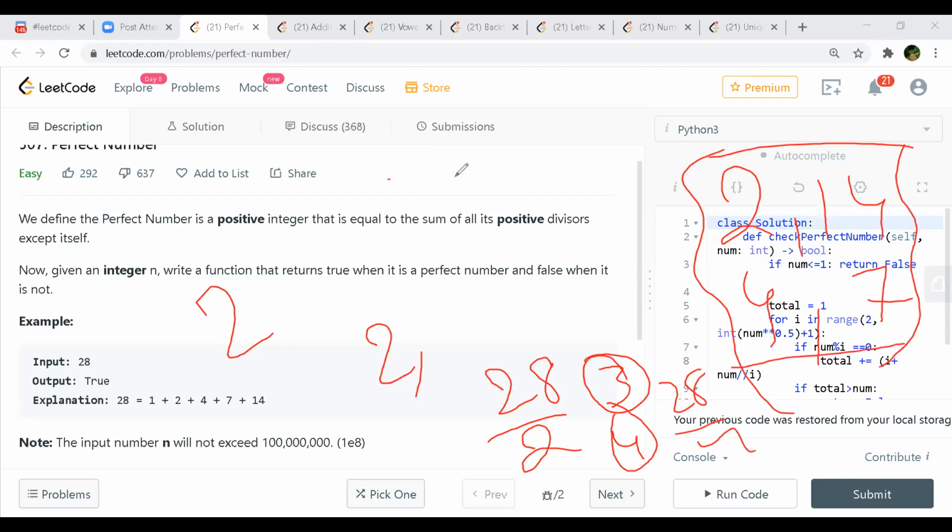So I'm saying that you just do whatever I was explaining earlier till your square root value only. Whenever you find a divisor, you take the complement of that: you divide your original number by that divisor, and whatever value you get is the other divisor, the other side of that square root. Okay, makes sense. Yeah, I never thought of this.